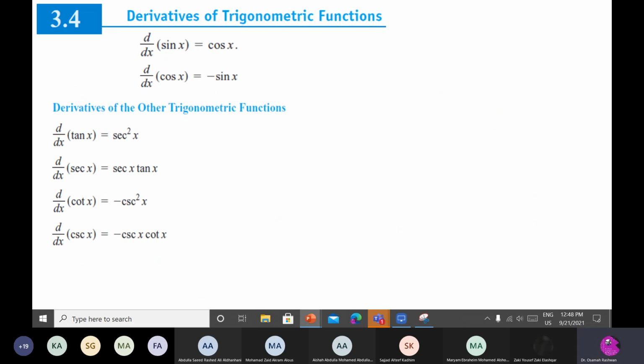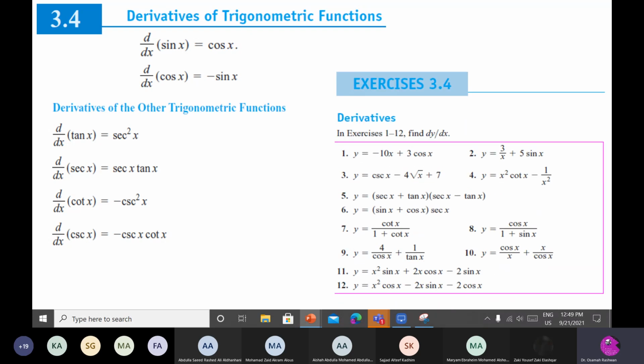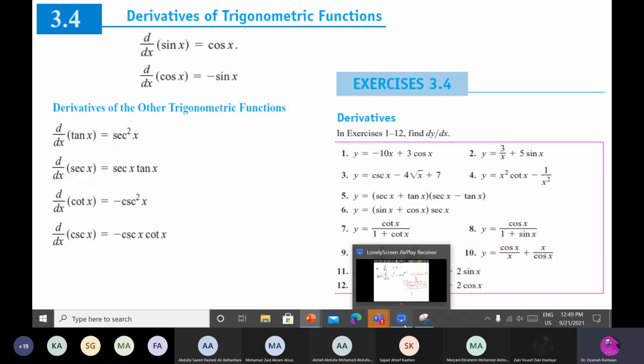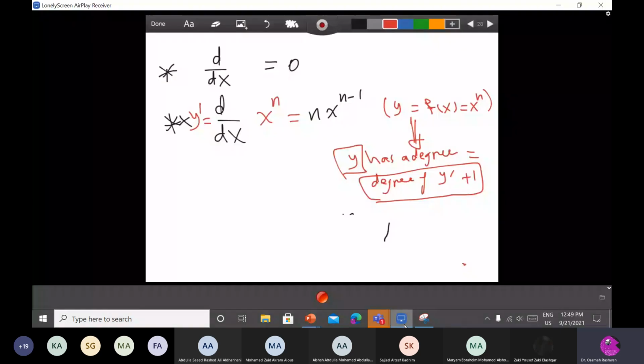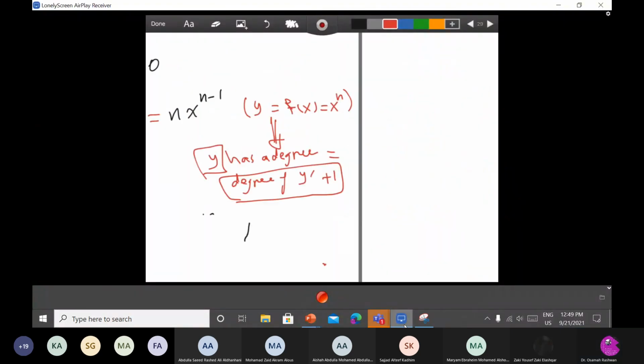Now I will not come to this one. I will leave it for the next lecture, right? But at least we will go for the sine and cosine. The derivative of the sine is cosine and the derivative of the cosine is minus sine. And we know the graph of the sine function from grade 10. You have x and you have sine x. The sine function starts from 0,